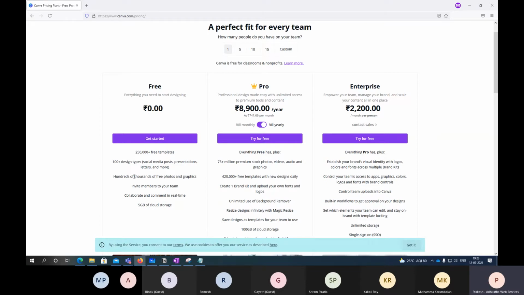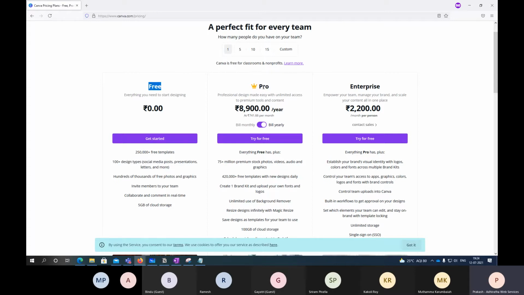I'll show you what all the templates and design types are, right? That means what all it can support. It can be social media, it can be presentations. If you're creating a PowerPoint presentation, you can use Canva. If you're creating a resume, you can use Canva. If you're creating a logo, you can do that in this. Like this, it can support any artwork you have in mind. Even if you want to write an ebook, a PDF book, you can use this tool, right? In the free version, very much everything is possible, right?